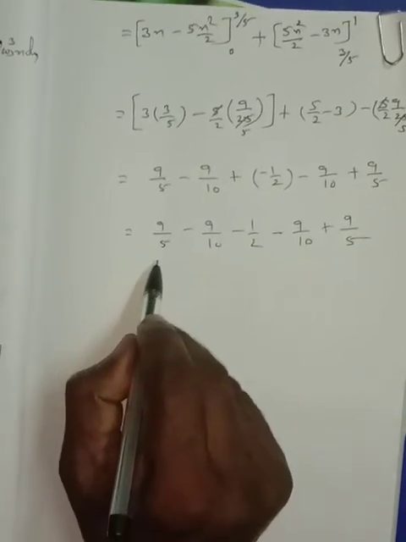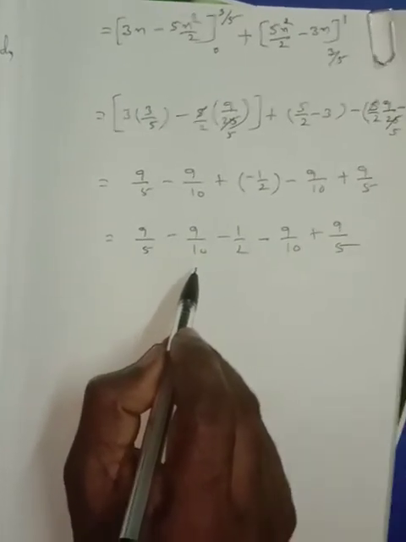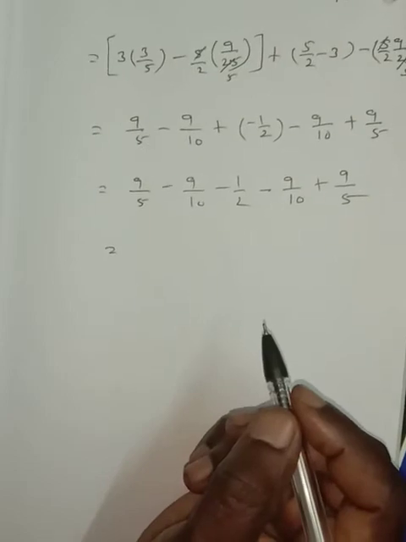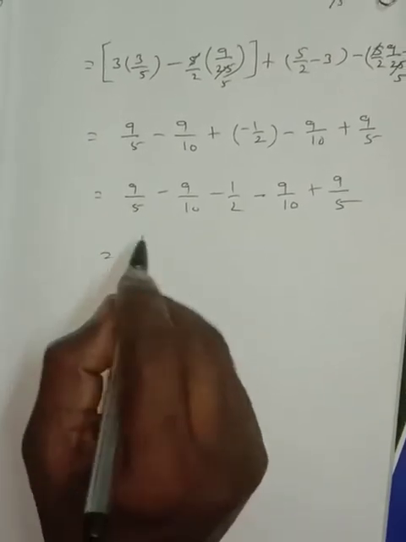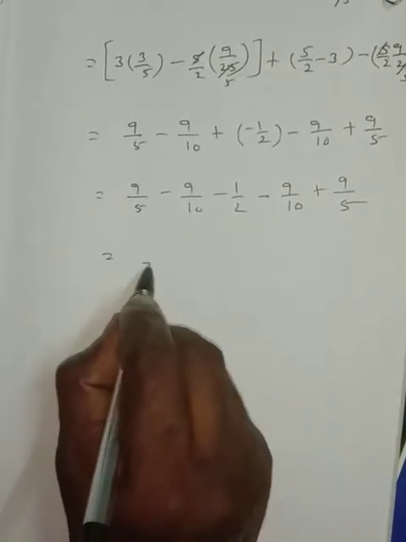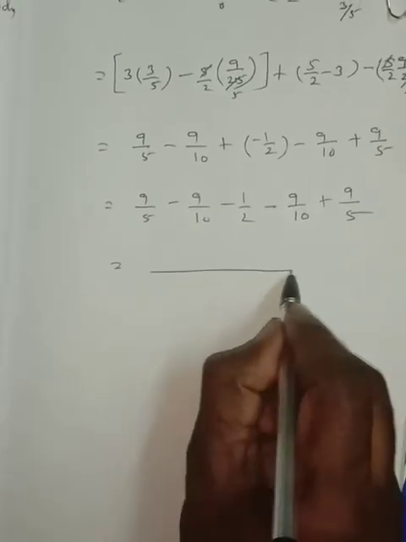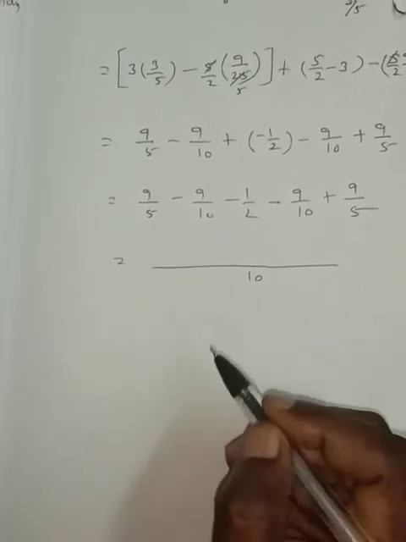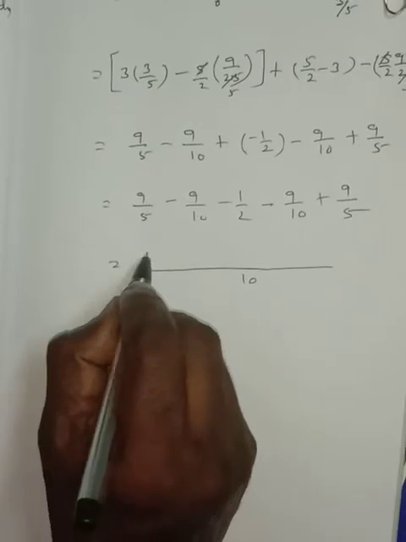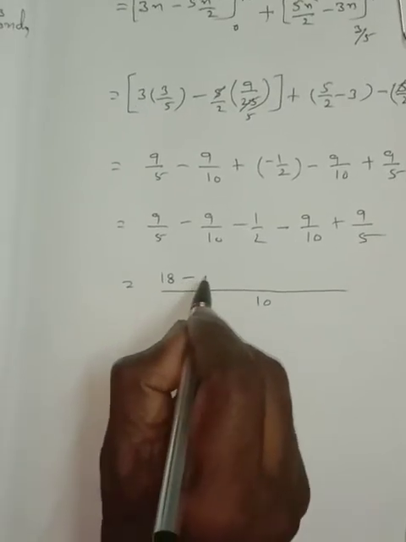So 9 by 5 minus 9 by 10 minus... LCM is 10. So 18 minus 9